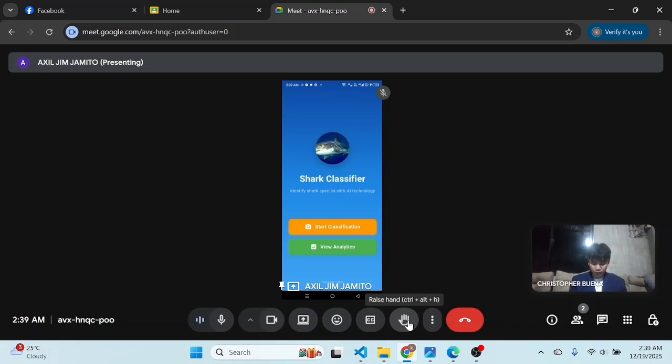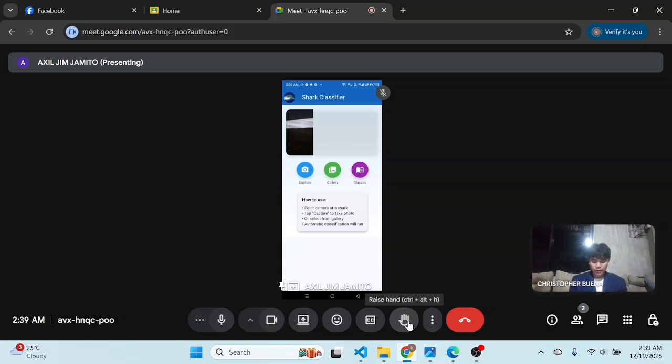First, we have this button, the start classification. We're going to press it, and as you can see, we have a camera here. First, let's search for a shark.